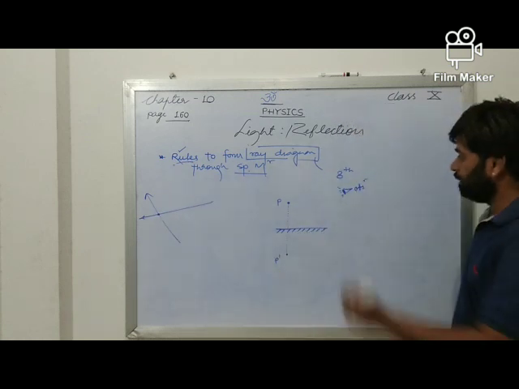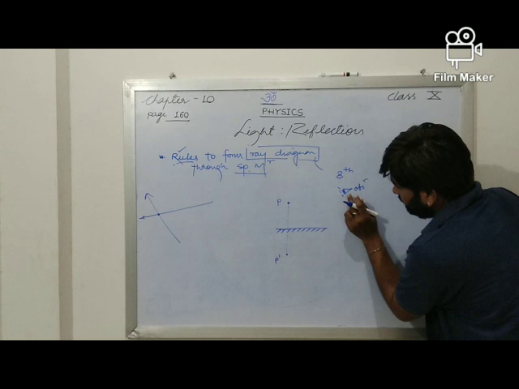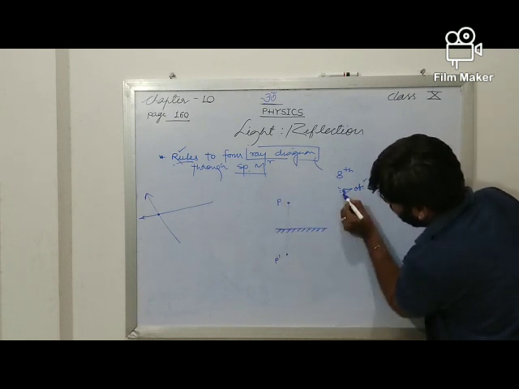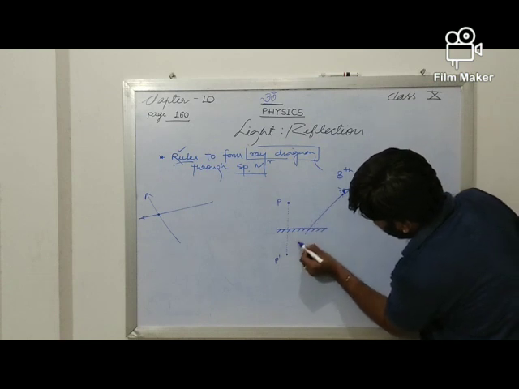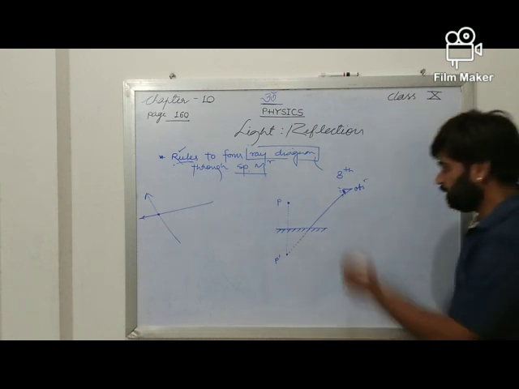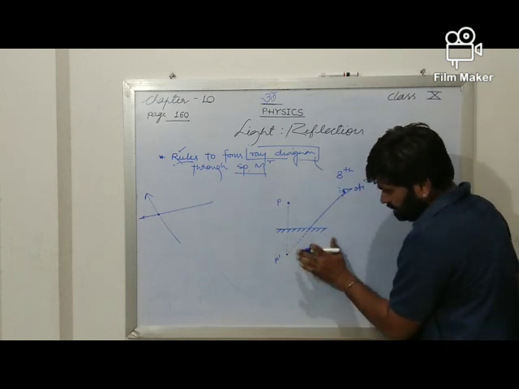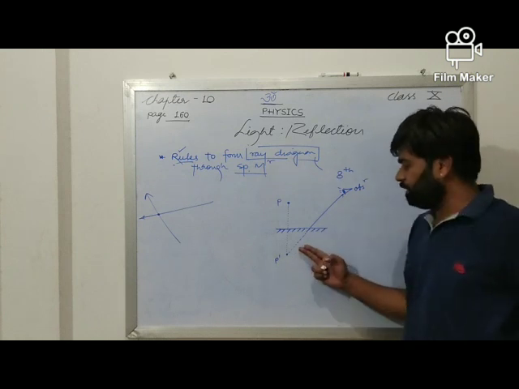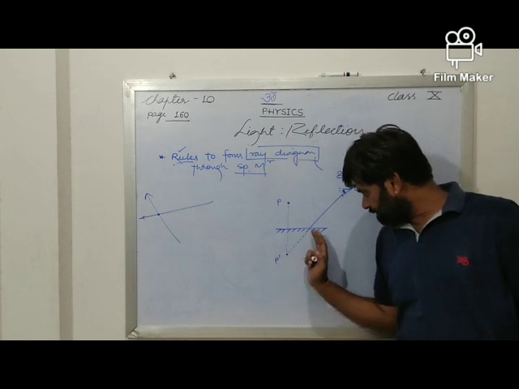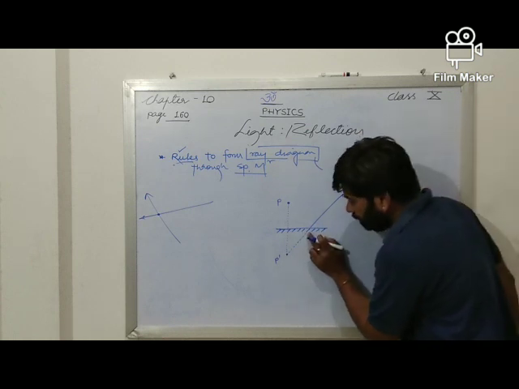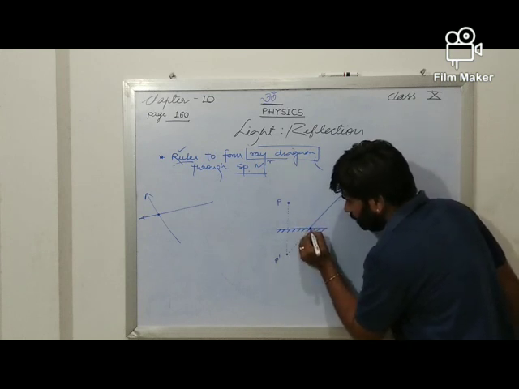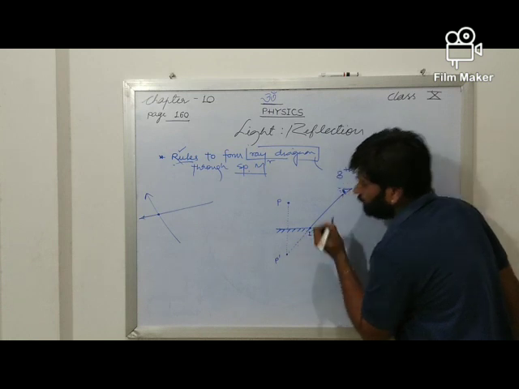In general, when the observer sees this particular object in this mirror, he or she will see it here. Sir, why this dash line? Because this is out of our approach, as we have already seen. We cannot move inside. It simply appears to move, it is not moving here. So we got a particular point, that is the point of incidence, I say.